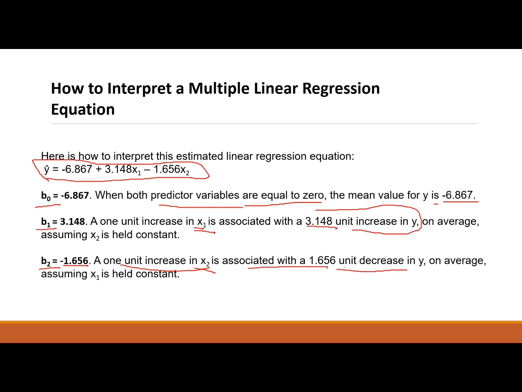So in this case, a 1 unit increase in x2 is associated with an average decrease of our y, with the value of 1.656 in y. So in summary, this linear equation describes how changes in the predictor variables x1 and x2 are